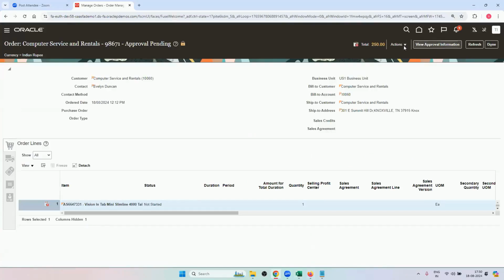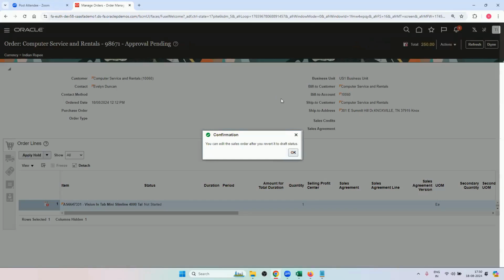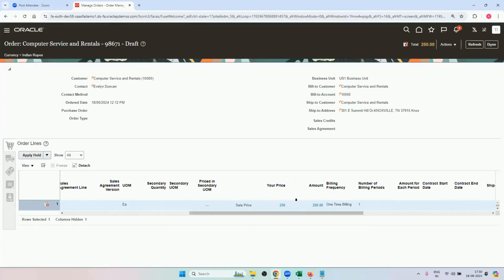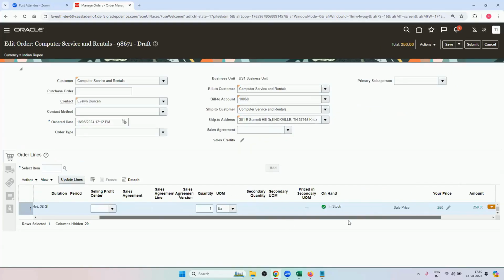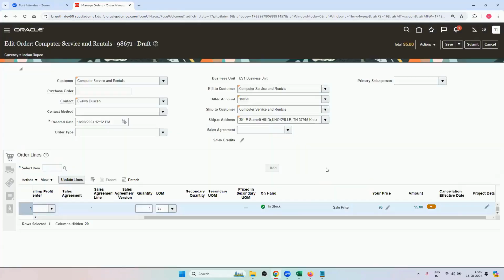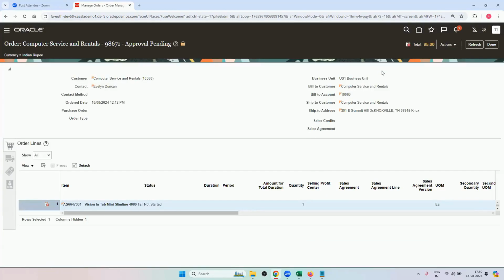Click on done. Again, go to revert to draft. Yes. Okay. Refresh. Come down here. Click on edit. Override the price, make it, let's suppose 95, which is less than 100. Save. Now this should auto approve as per R1. Click on OK. Click on refresh